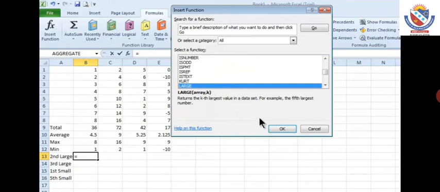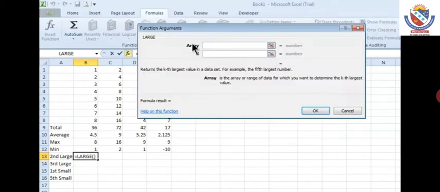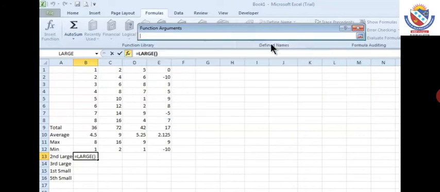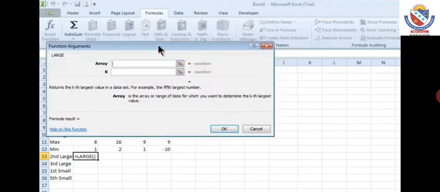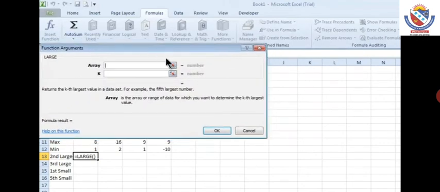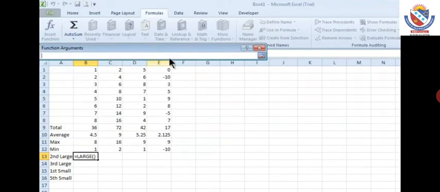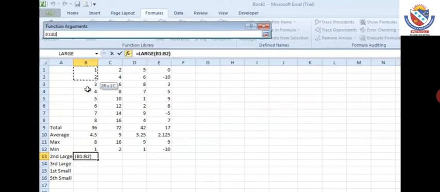You just click on Insert Function or the formula bar. Here I select the array, meaning the range from which you find the largest or second largest number. You have to type the range, B1 to B9 or C1 to C9 or any range.